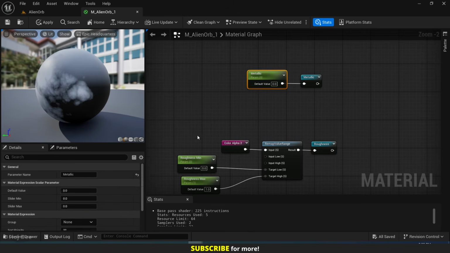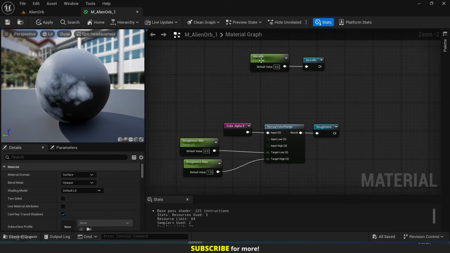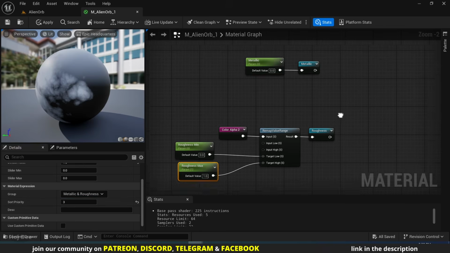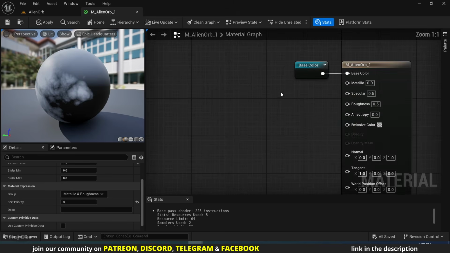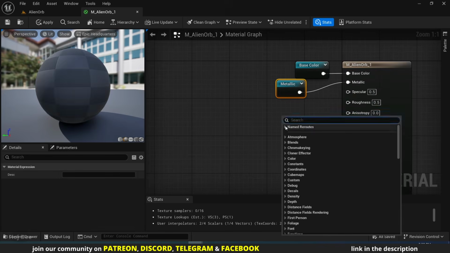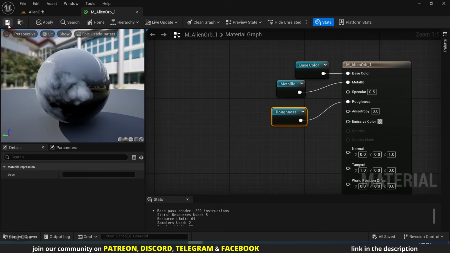Let's also select all these parameters, set their group to metallic and roughness, and let's set the sort priority of metallic to 1, roughness min to 2, and roughness max to 3. Now add the named reroutes here and connect them. Save the material,